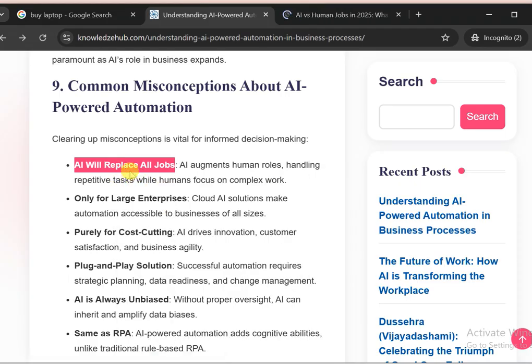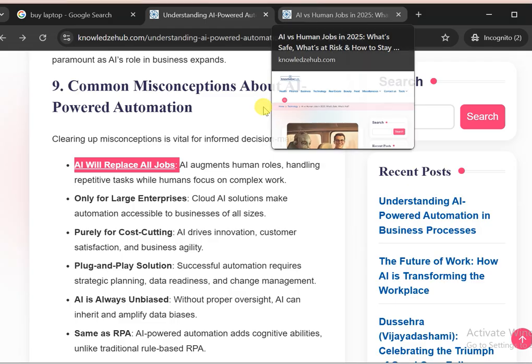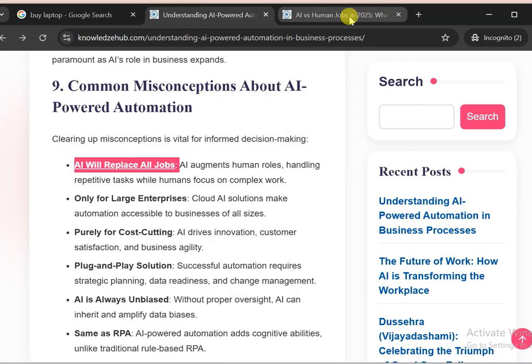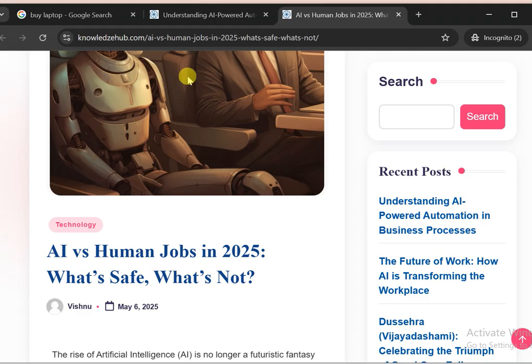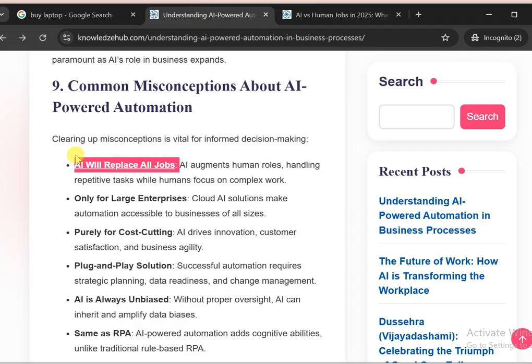This keyword, key term, or anchor text should be relevant to our content. Let's say here, AI will replace all jobs. The content on this web page should be relevant to this key term, otherwise it doesn't make sense. Here you see AI versus human jobs, what's safe and what's not. That key term, AI will replace all jobs, is related to jobs only, like whether AI will replace all jobs and how it will replace them. That is the meaning of this key term.